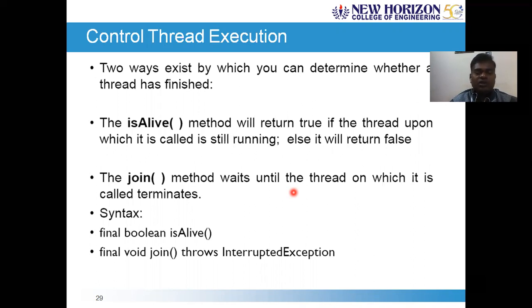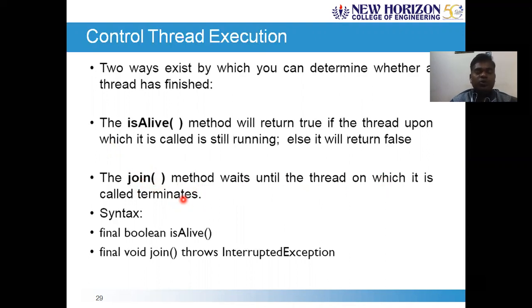Whereas the join method waits until the thread on which it is called terminates. For example, if I call T1.join, it will wait until T1 completes.